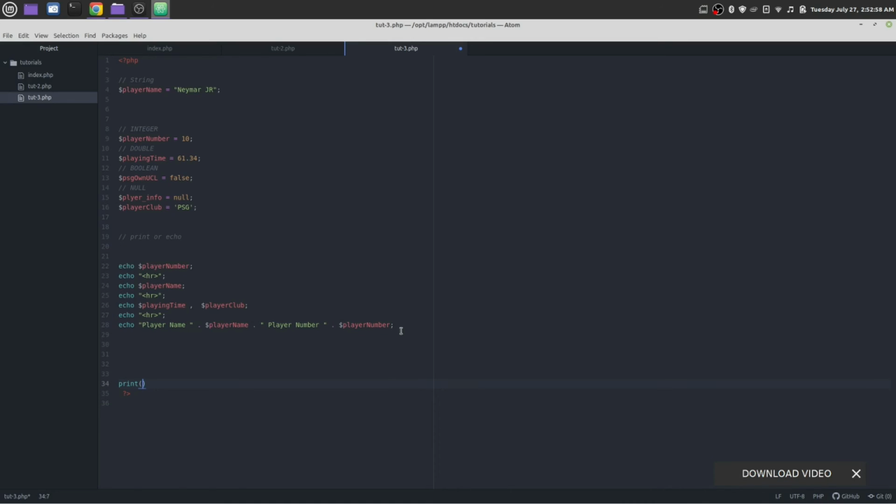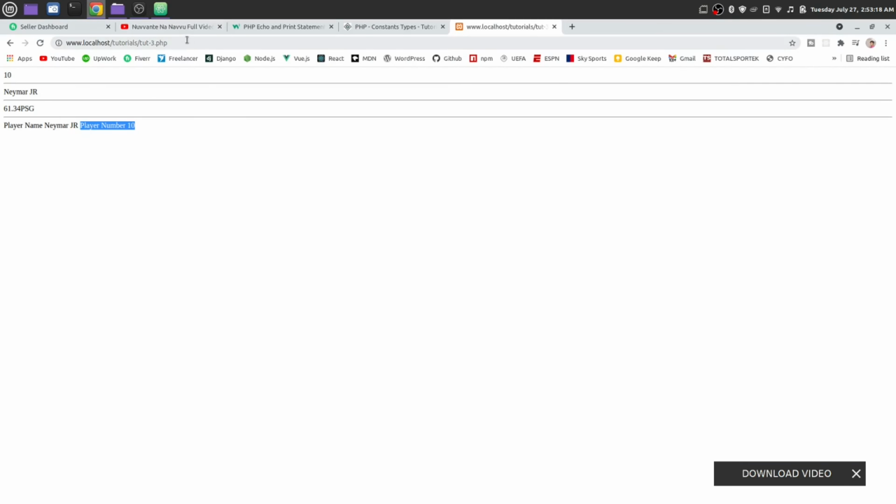In print we can use curly braces. Okay, player name. Once again add an hr. Actually add two hr. Save it and reload the page.